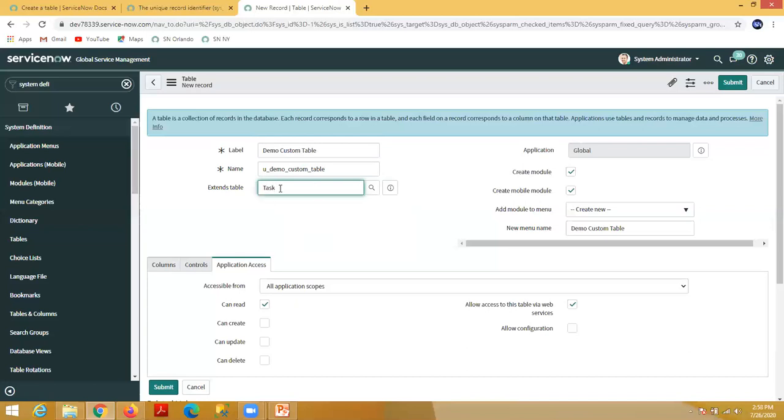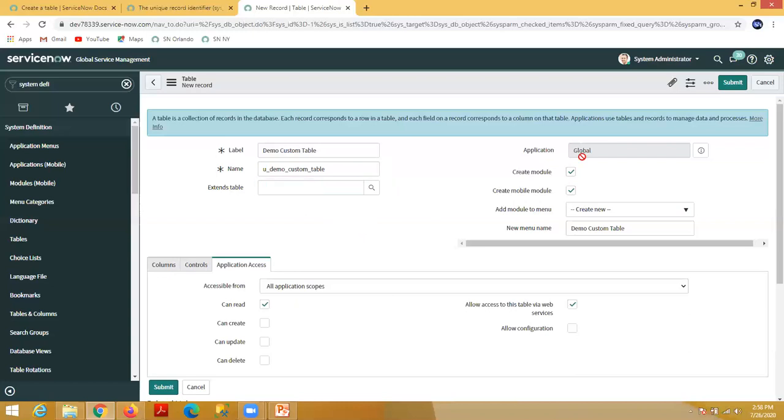Whatever fields are available in the task table will also be available in your new table, because it is inherited from the task table. This is the same as the inheritance concept. I'm not inheriting currently; I just want to show the plain table without any inheritance.